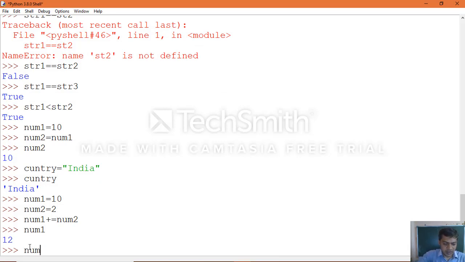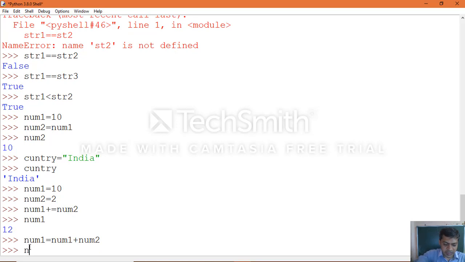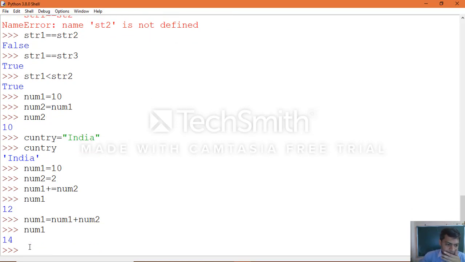Same thing, num1 equal to num1 plus num2. See the difference, both will give you the same result. Print the num1. num1 plus equal to num1 plus num2.